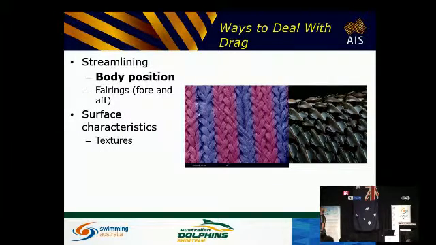Another one is the surface characteristics of the suits in particular. This goes back to the original Fastskin suits. They were saying that they were basing it on this. So that's actual shark skin. That's what it looks like. And this is what the material of a Fastskin actually looks like. Not really a whole lot similar there. So they really probably were not doing what they thought they were